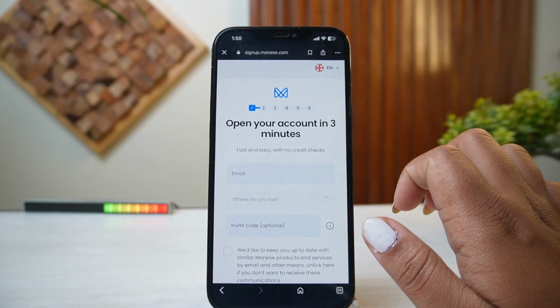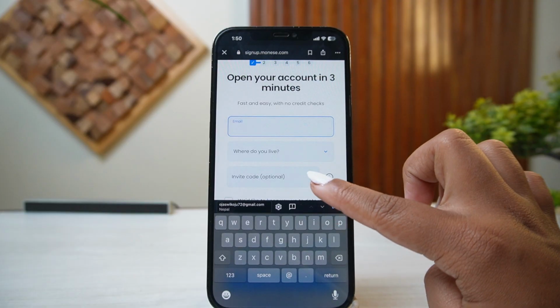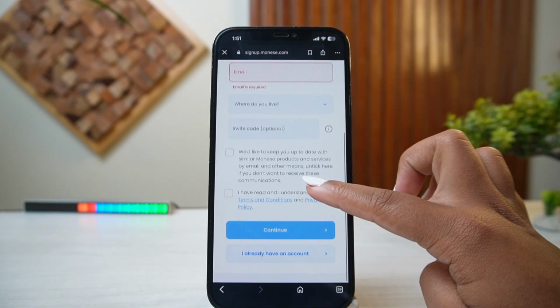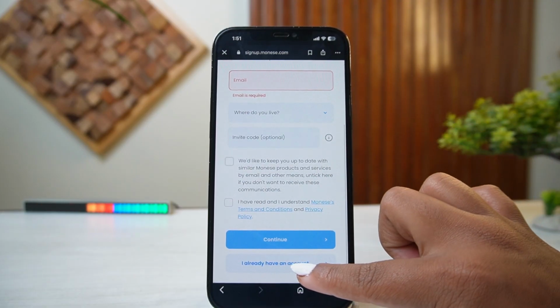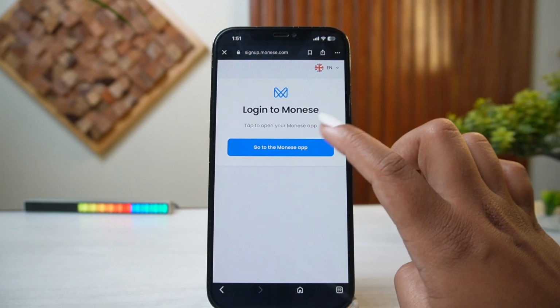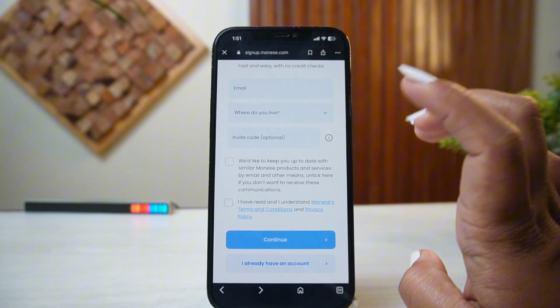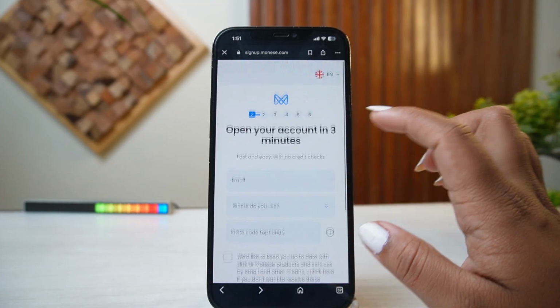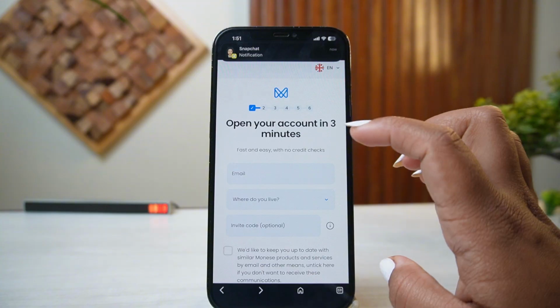and once you do that, all you need to do is add in your email address, right? So after doing that, here what you're going to do is simply scroll down a bit, then you can tap on the option I already have an account. Once you do that, you can simply tap on the login page right there, and you'll be able to get into the login page where all you need to do is add in your email address and the passcode of